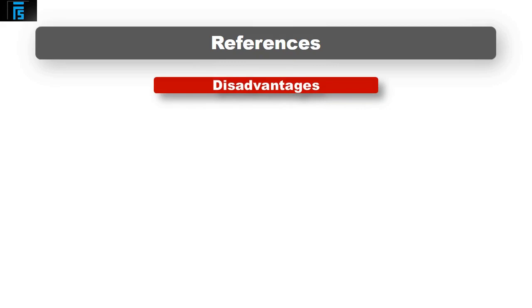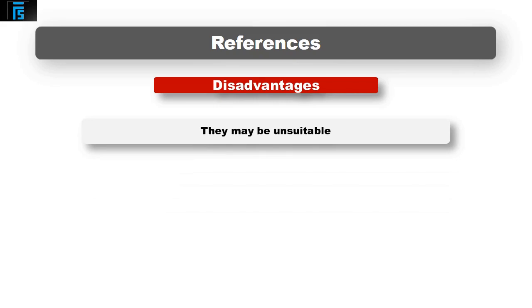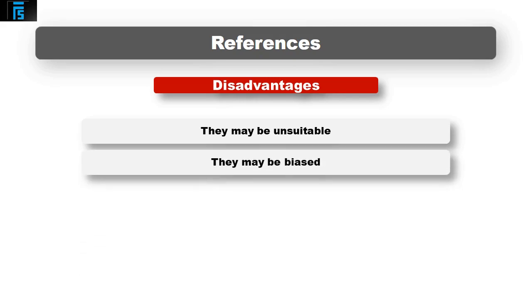Problems that we have: they may not be suitable. So for example, if you've got somebody who's applying to a job from abroad, they may obviously be written in a foreign language. It may be difficult to track down somebody's previous employer if they have come from abroad. There may not even be a previous employer. If you're a student and you're about to take up your first full-time paid job, you might not actually have any references. Second, they may be biased.